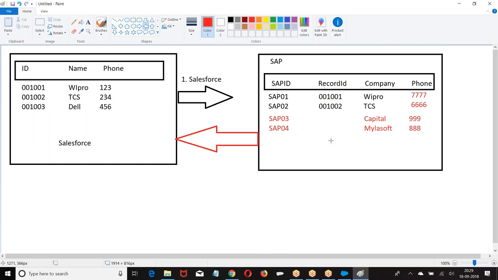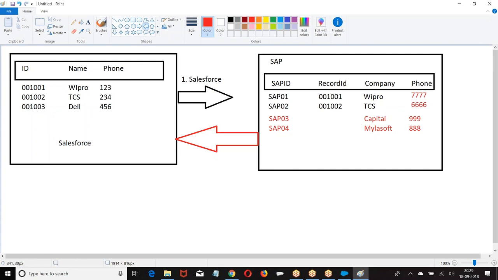Then in SAP, we created some more data and modified existing data. We are sending this data back to Salesforce. If the data is already there in Salesforce, based on ID we tell it: not there, create; there, update. How is this possible? Salesforce sends you the data first, then SAP sends the data next. Both of you are exchanging. First Salesforce gives you, then you give me. Am I clear? But this is a two-way communication.